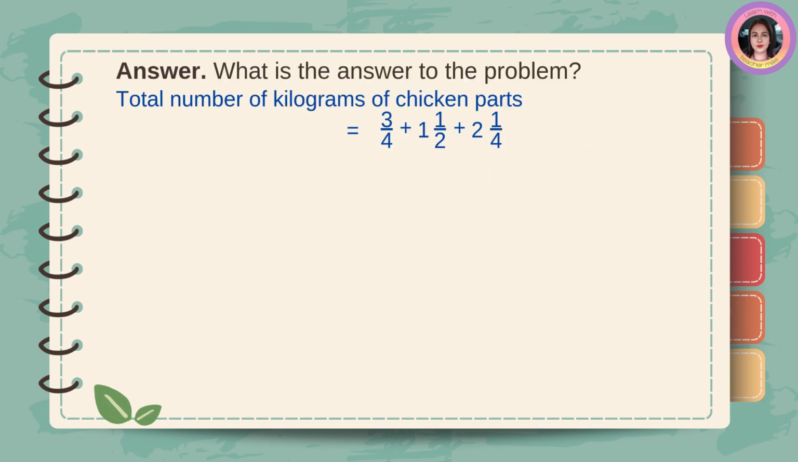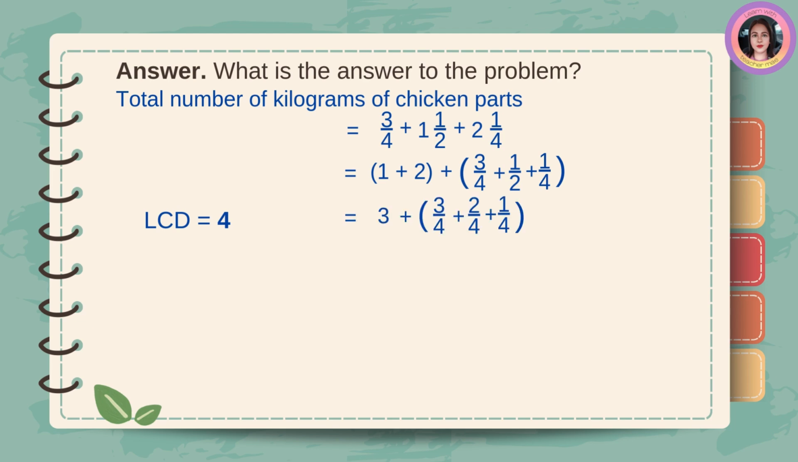Answer. What is the answer to the problem? Total number of kilograms of chicken parts is equal to 3/4 plus 1 and 1/2 plus 2 and 1/4, which is equal to 1 plus 2 plus 3/4 plus 1/2 plus 1/4. The LCD is 4. 3 plus 3/4 plus 2/4 plus 1/4 is equal to 3 plus, add the numerators, 3 plus 2 plus 1 over 4,